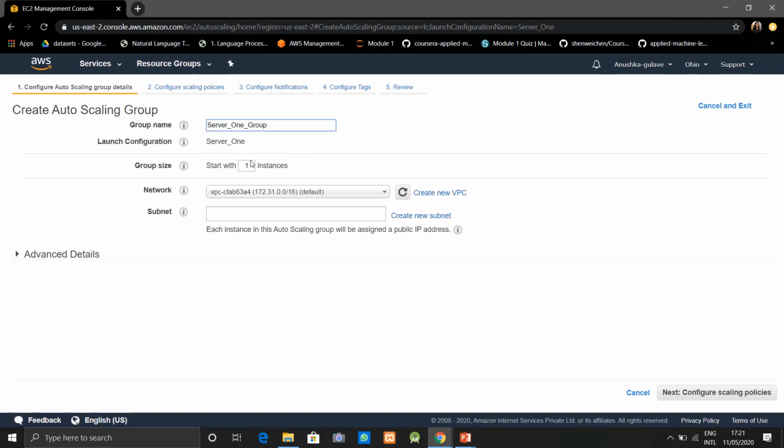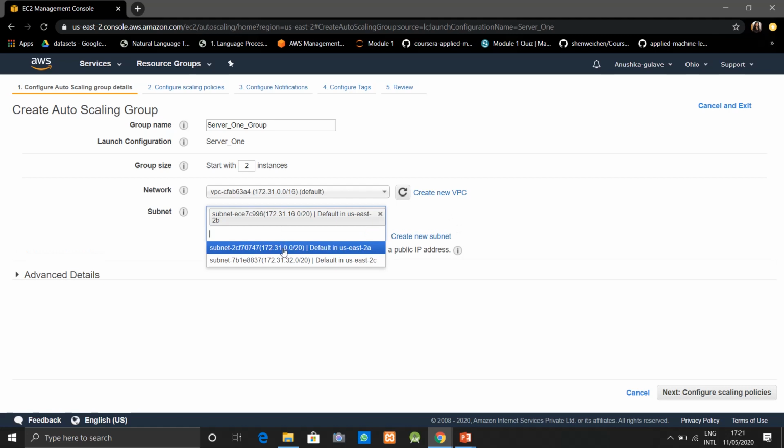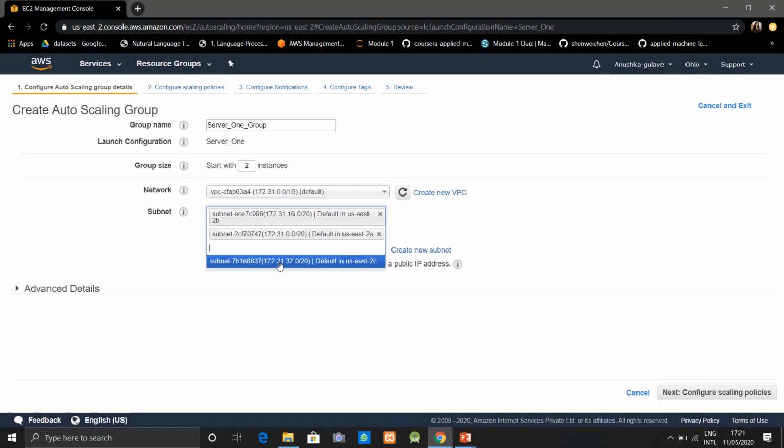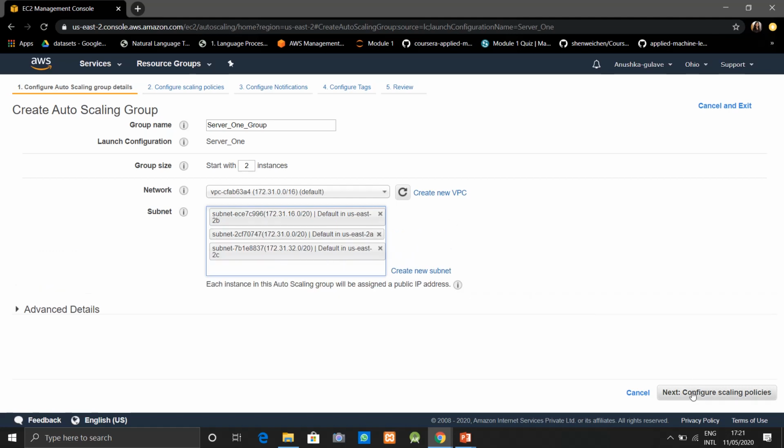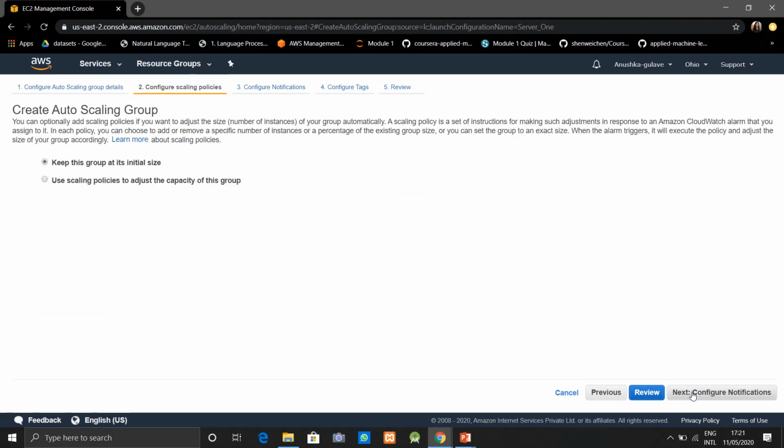We are going to start with number of instances 2. You can create according to you. The VPC I am going to set as default, and you have to choose the subnet according to your choice, and click on next configuration.